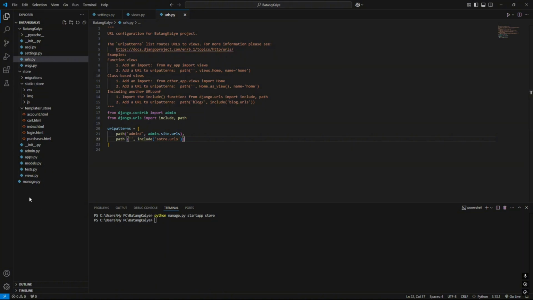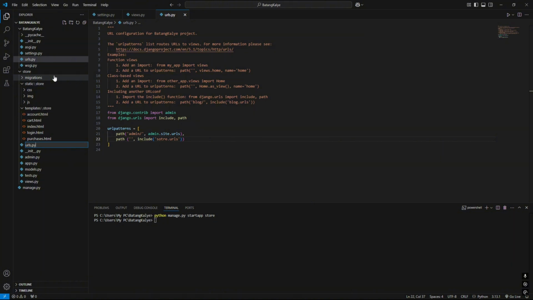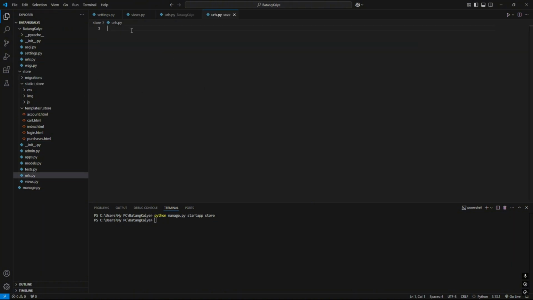Next, we're gonna create our own URL here in the store. New file, urls.py. Inside it, we're gonna import from django.urls import path, and from that import views.